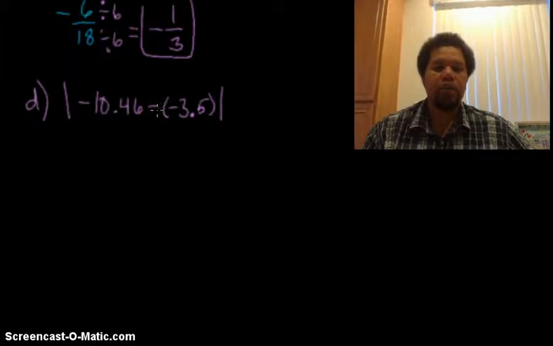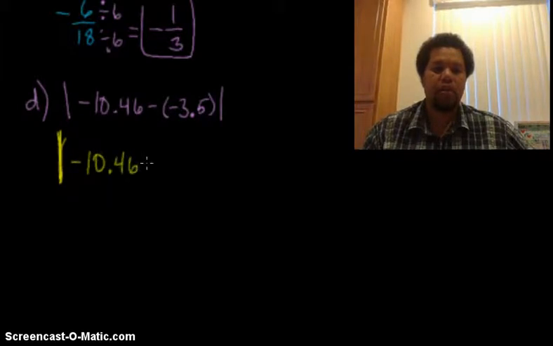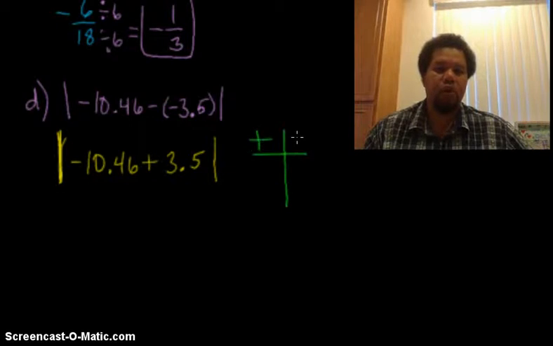So again, we're using our subtraction rule, which means add the opposite. So inside these absolute value bars, we have a negative 10.46 plus the opposite of negative 3.5, which is a positive 3.5. So that's inside these absolute value bars. So here, once again, I have a positive and a negative number being added together, and I can't remember if I'm going to add it or subtract it. So I look at my scoreboard over here,